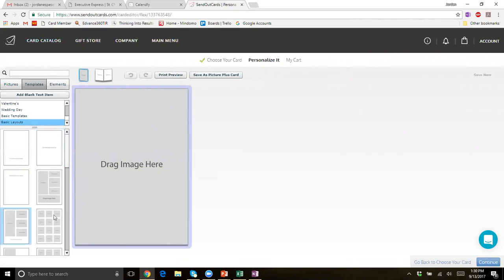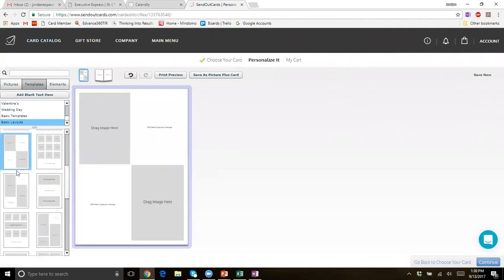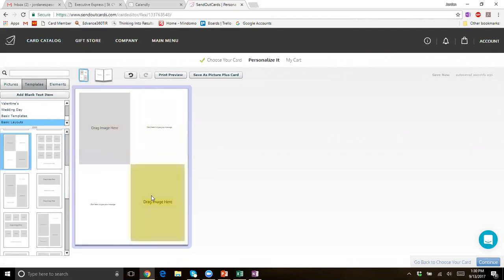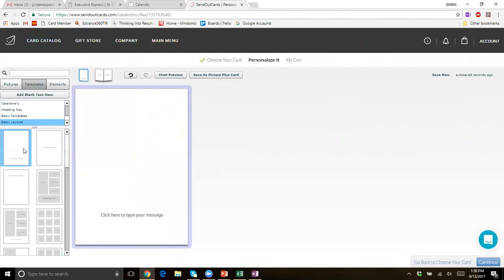As you can see on this side here, we're currently on templates. We have a bunch of different templates that we can choose from. If you like one of these templates, you can certainly use it and drag in a photo here, type in some stuff here, or you can. We'll just click on this one for now. It has a little text box down here, and maybe I want to